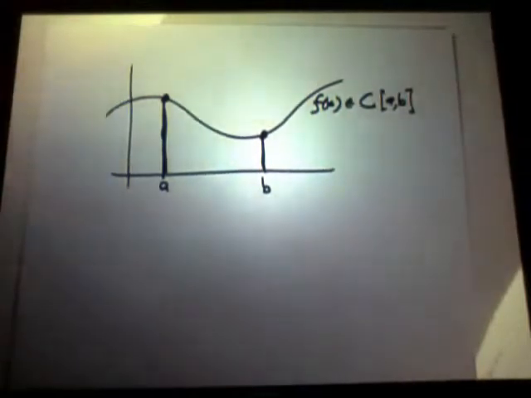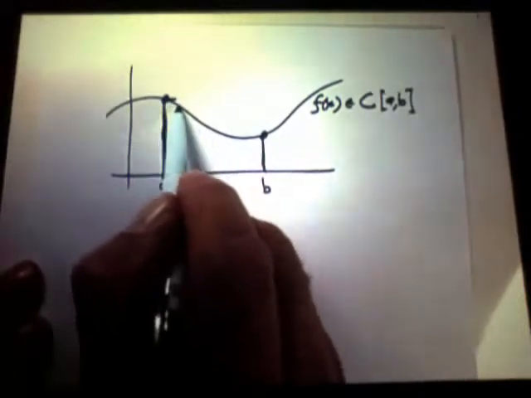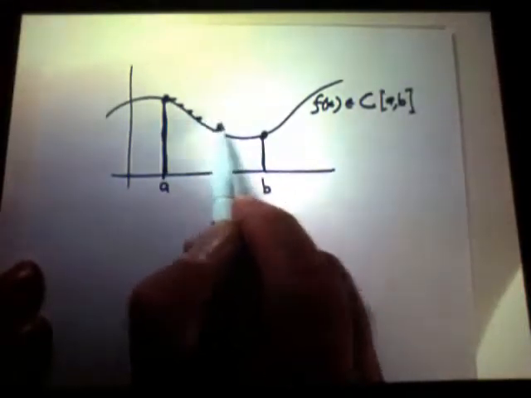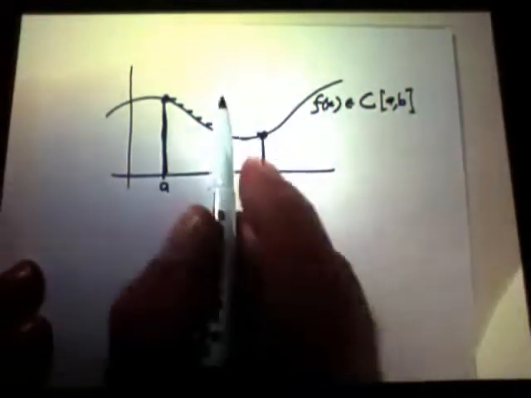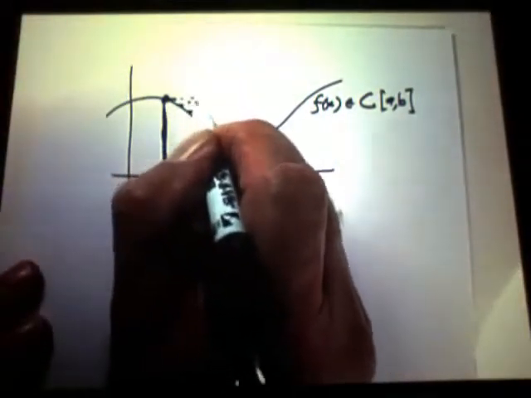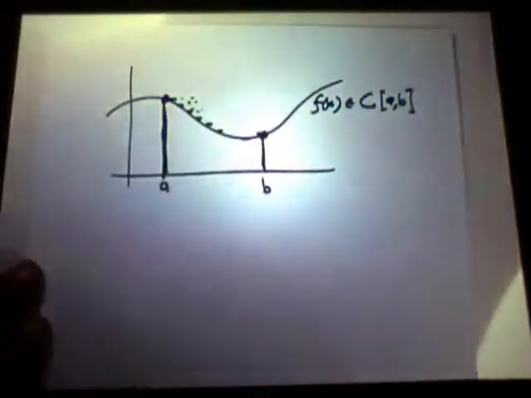That means if I insist on the variation in the function being no more than epsilon on a subinterval, I can come up with a single delta that will work for all the subintervals, wherever I am on the graph. It means that if I want the vertical separation to never be more than epsilon,